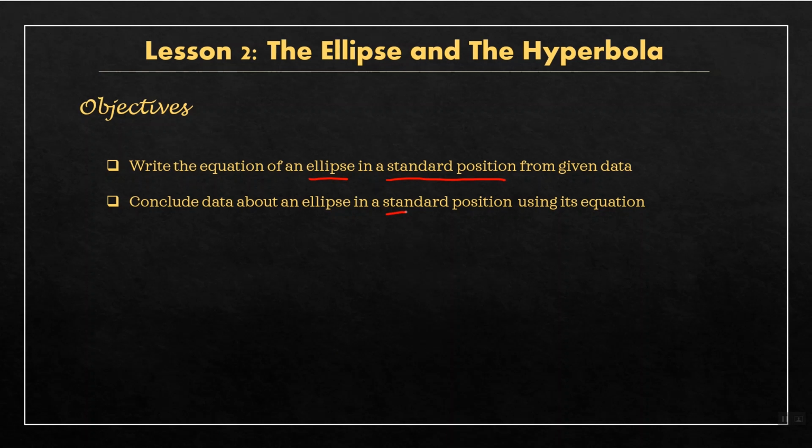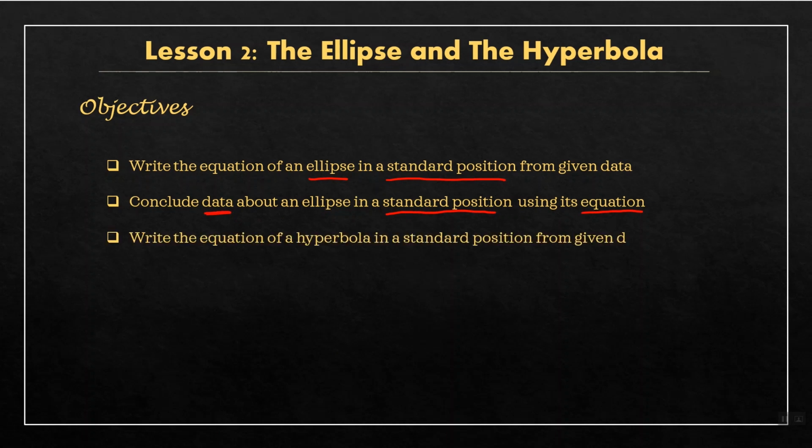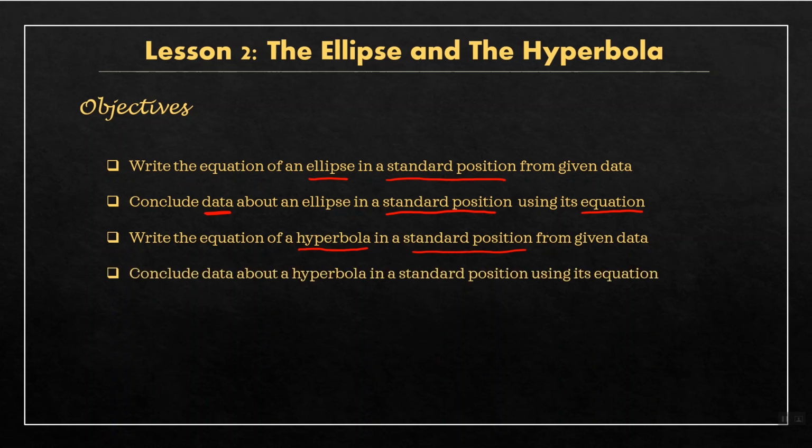So from the equation, we will get some data about the ellipse, and we will see what kind of data we can get. And we will do the same thing with the hyperbola. So we will be able to write the equation of the hyperbola in the standard position as well, from given data. And we will be able to conclude some data from the equation of the hyperbola. So these are the four main objectives of this lesson. And now let's move on